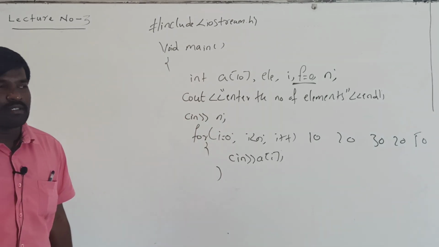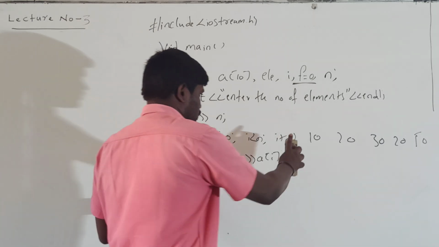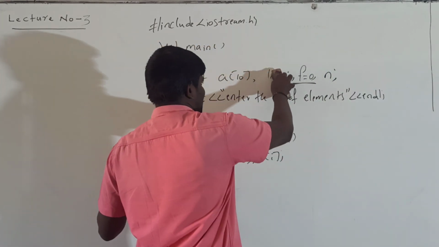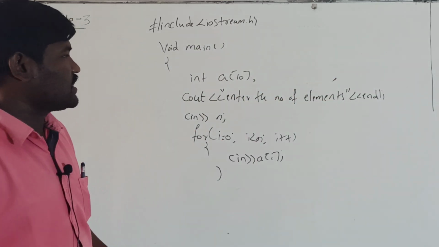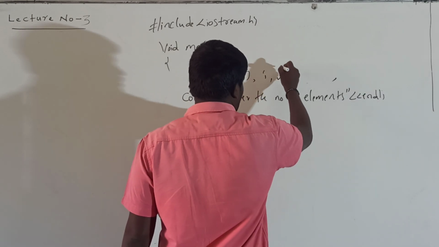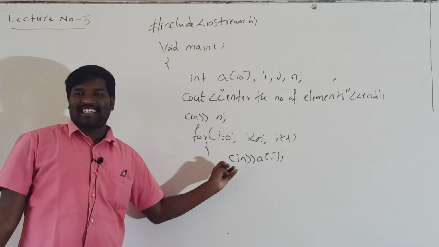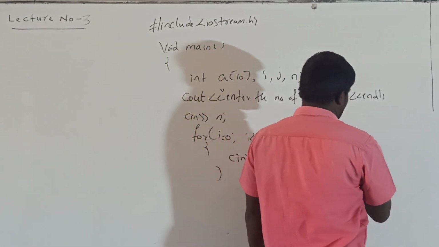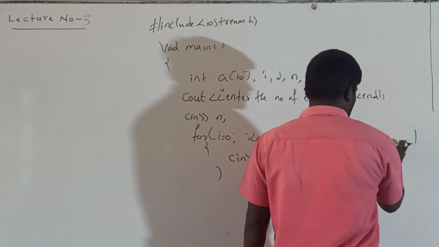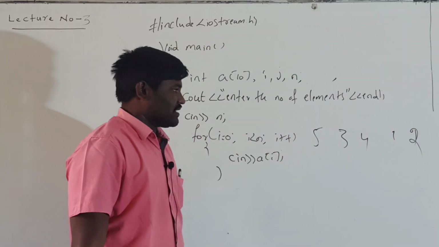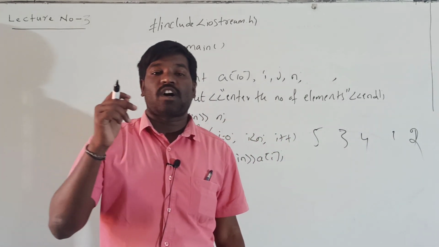If you want descending order, just change the sign. Okay. So up to this much as it is, but element is not required, and f equal to 0 is also not required. Only what we require is array, I, and one more for loop is required, j and n. So up to this much is to read the array elements. I can read the elements like 5, 4, 3, 2, 1, or 5, 3, 4, 1, 2. Output should be 1, 2, 3, 4, 5. It must be in sorted order.